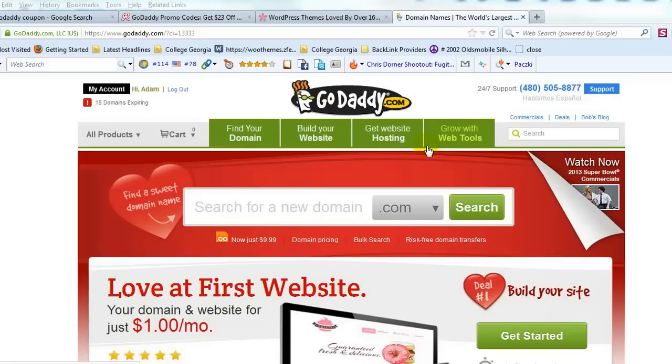So I'm going to start literally from the beginning. I use GoDaddy to buy my domain names, but there are a ton of different registrars out there, and this process will be pretty much the same with any one of them. But in this example, we'll use GoDaddy for purchasing the domain name. Okay, so the domain name I'm going to buy is called